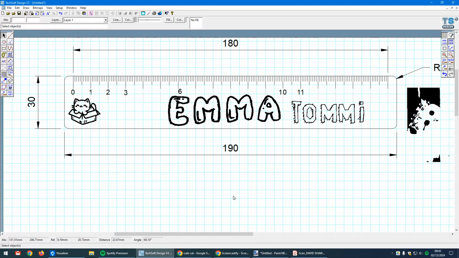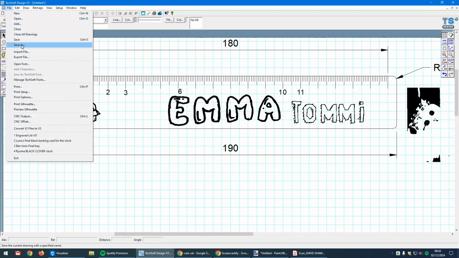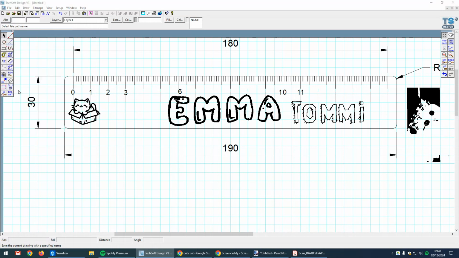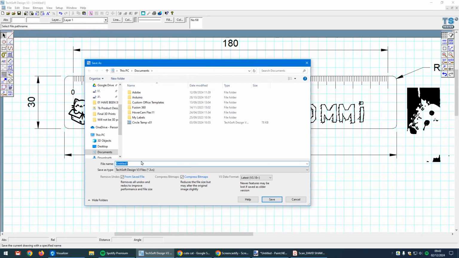Okay, there's one more thing I need to do here, and that is I need to configure this file for laser cutting. Now, remember this is not finished, I've not got all my numbers on here yet, but I've not talked about saving, have I? Do make sure that you save your file regularly. And when you're saving, make sure you go to Save As, and give it a file name that makes sense